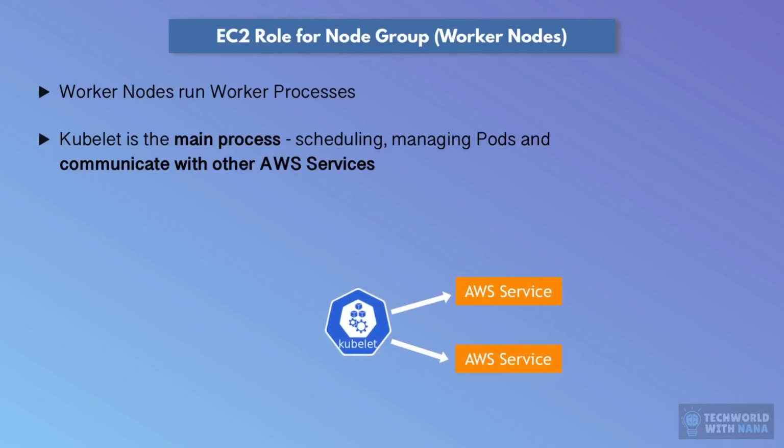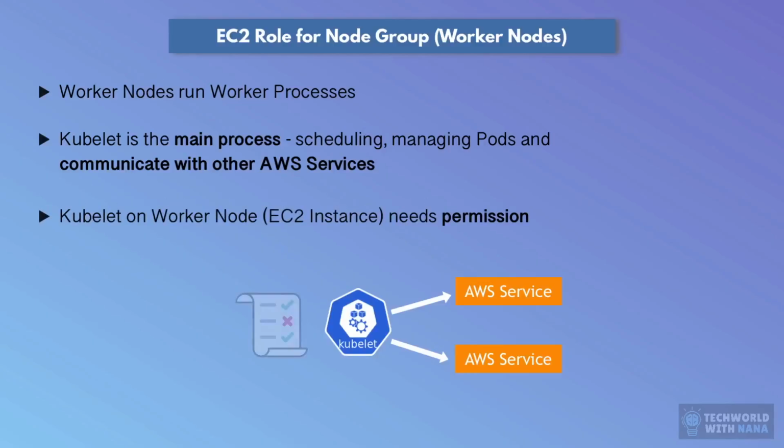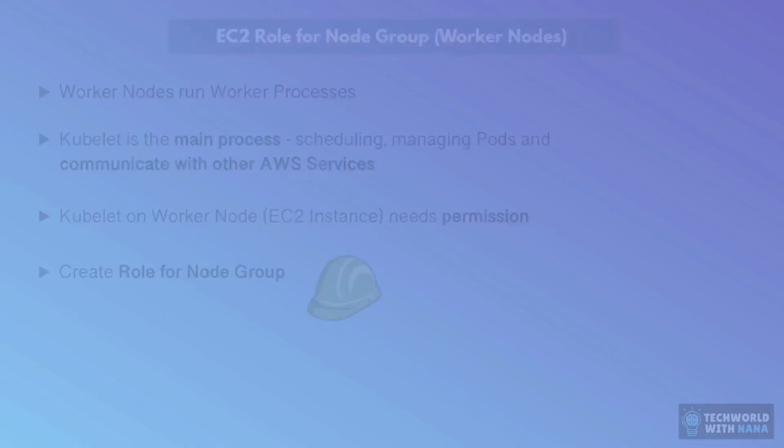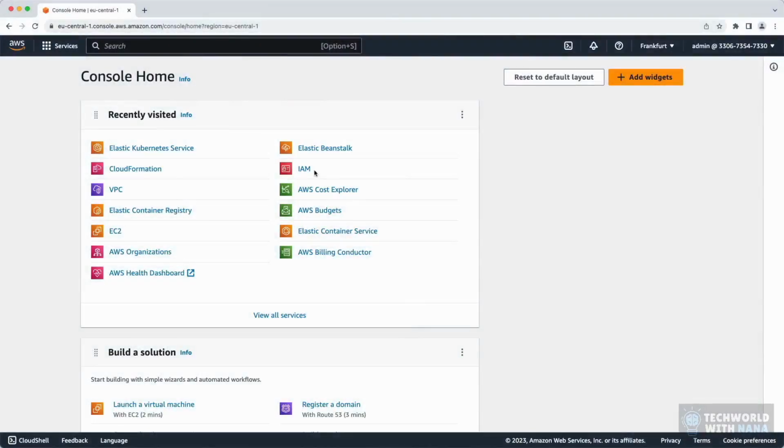So we need to give kubelet on the worker nodes permission to execute all of these tasks, right? So again, we need to give it a role that has policies attached to it to make those API calls to other AWS services. So that means first we need to create a role for our node group that will allow worker processes like kubelet to perform certain actions. So let's go back to IAM service,